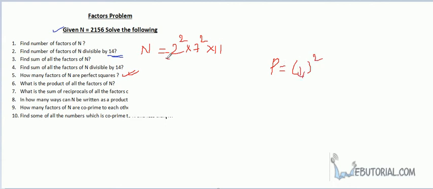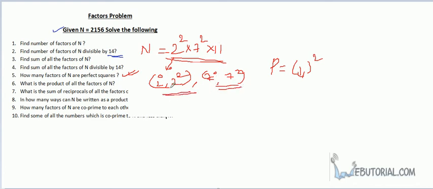Now let's look how you can make perfect square from here. So for making perfect square, you can take either 2 to the power 0, none of the two, or you take both 2, right? Because if you take 1, 2, it can't be a perfect square. Similarly, for 7, you can take 0 or you can take 2. You can't take odd parts of 7. And 11, you have just odd parts. So 11 is gone. So how many perfect squares you can form? You can form, so 2 into 2. So you can form just 4 perfect squares.